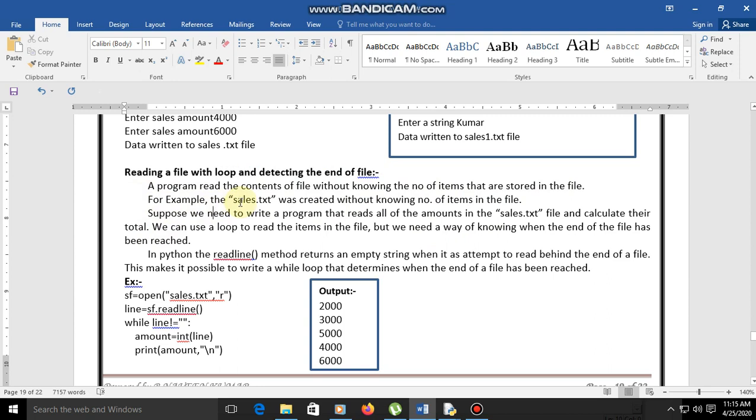For example, the sales.txt was created without knowing the number of items in the file. I don't know how many items there are, but I can read them.